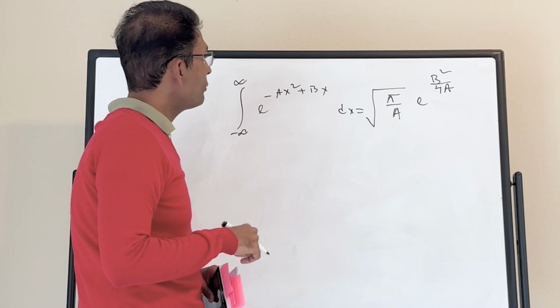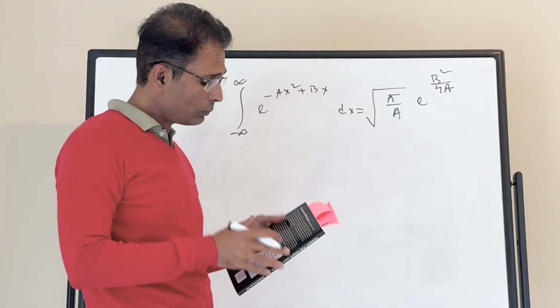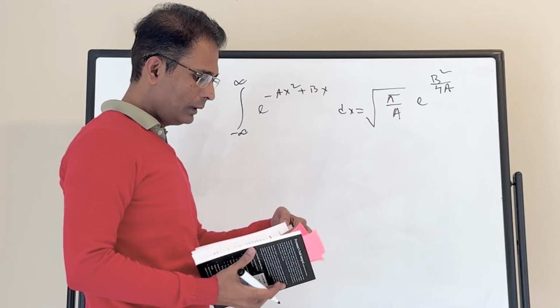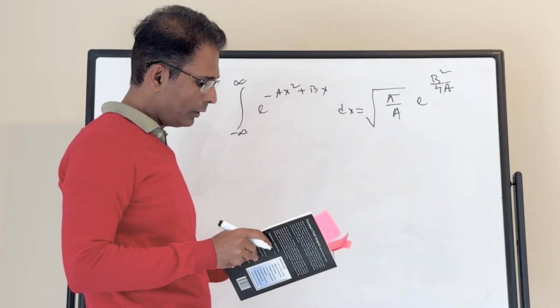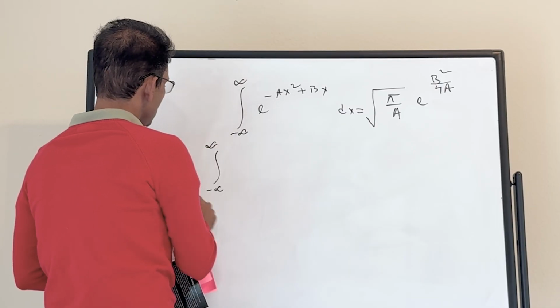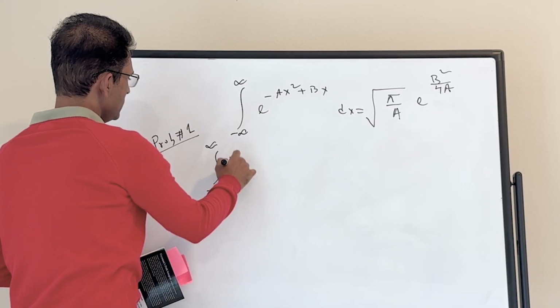And I assigned two problems which are based on this formula. So let's work on the first problem that I had assigned. The problems are in the additional exercises of the book. So it goes like this: the integral from minus infinity to plus infinity. This is problem number 1. dx